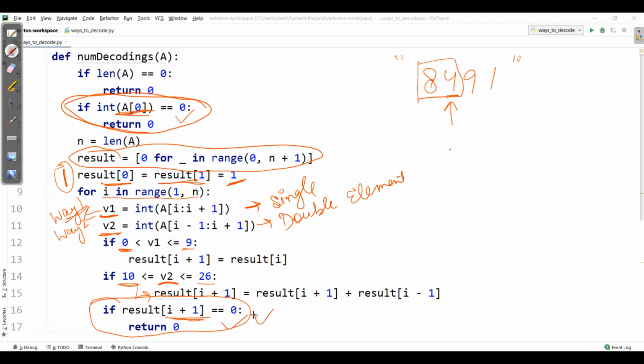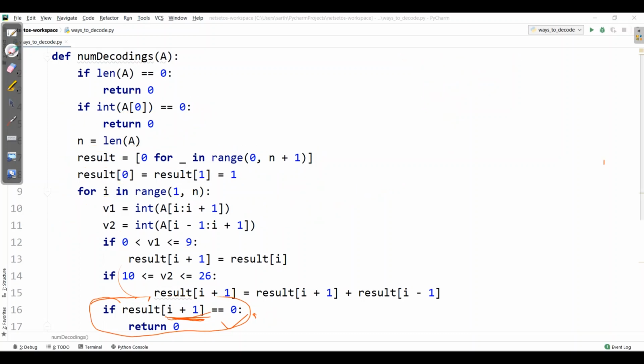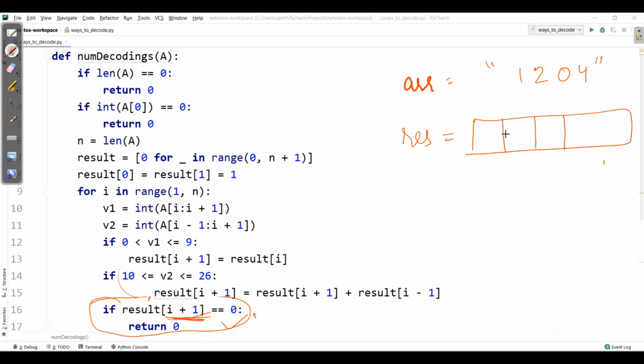Let's understand this with an example. Here I'll take the input array as 1, 2, 0, 4, where 0 is in the middle of the elements. First of all, I'll make the resulting array of 5 elements. The 0th index and 1st index will have 1.